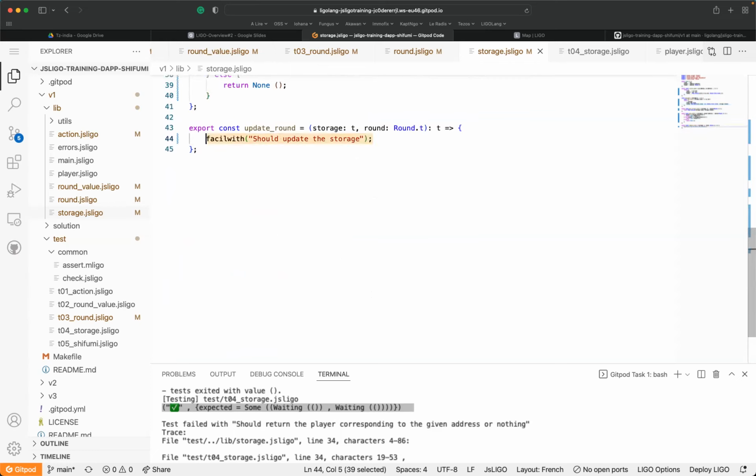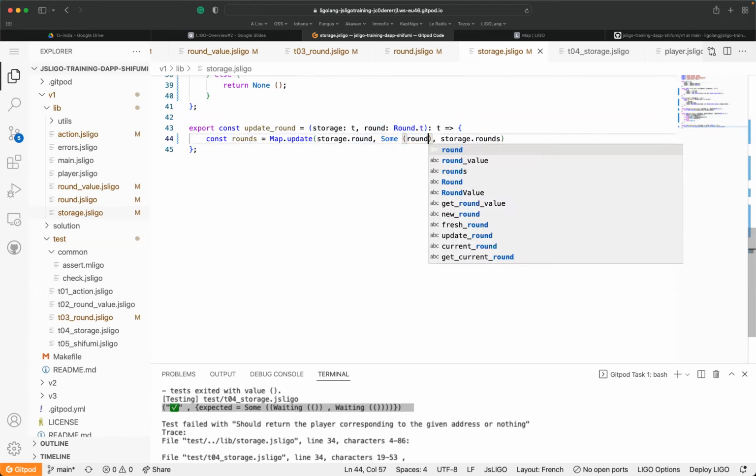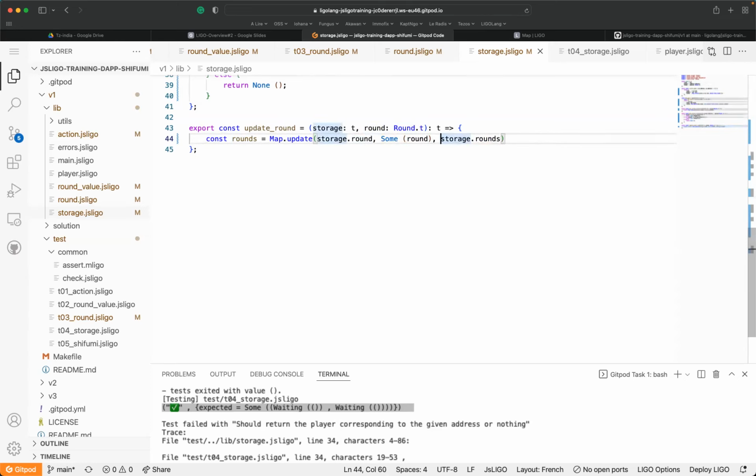First, I'm going to add a new rounds, which is the update of the current rounds, which is the storage dot round, with the new round, which is the round which has been given by parameter, and we modify the storage dot rounds.